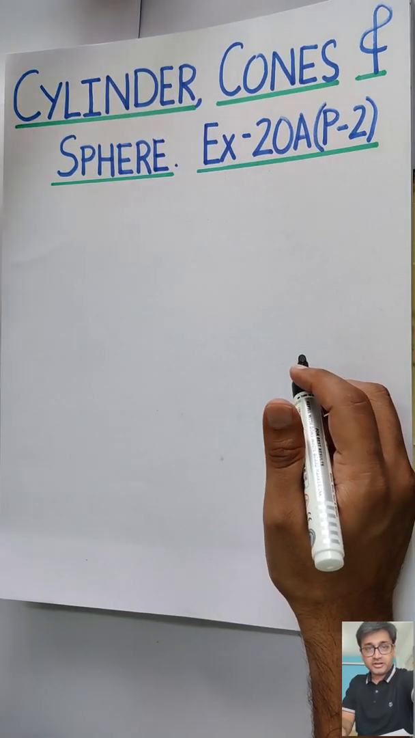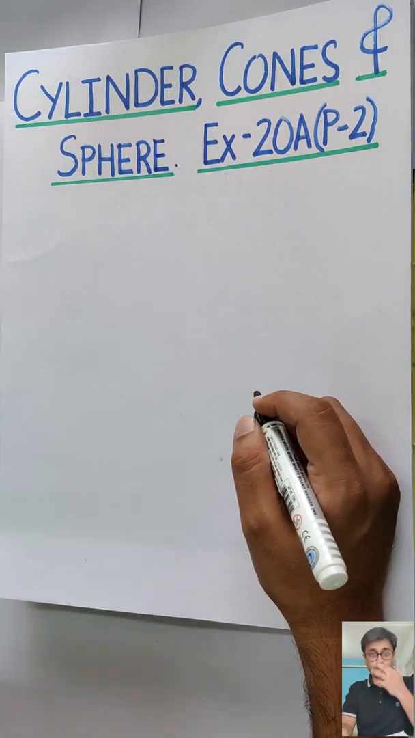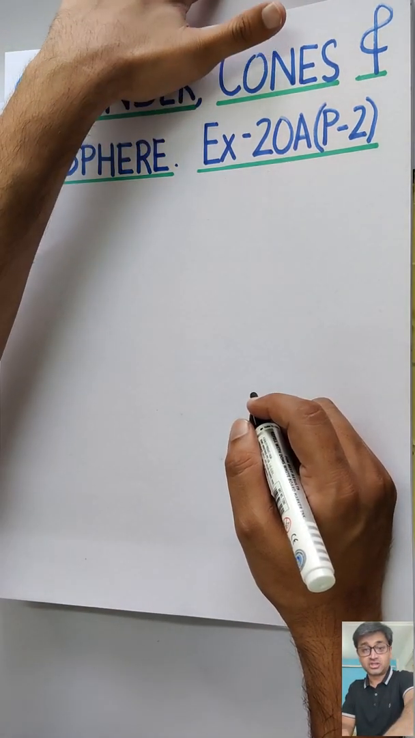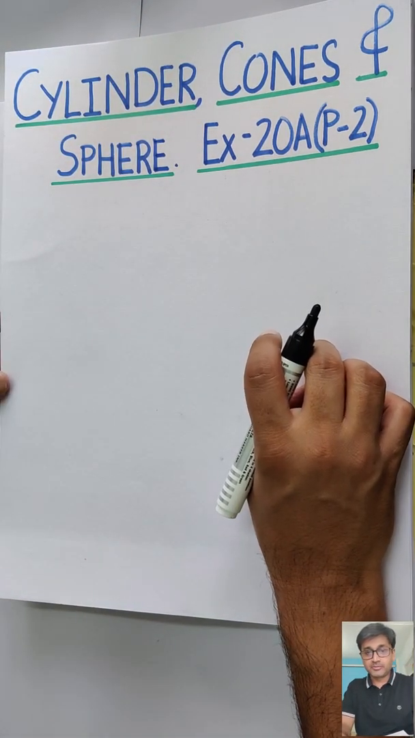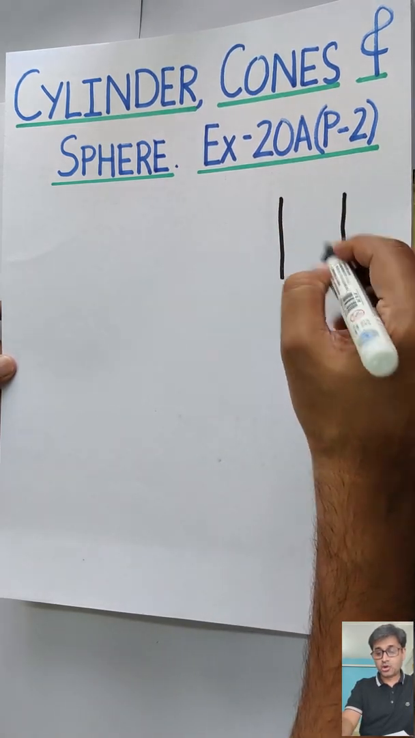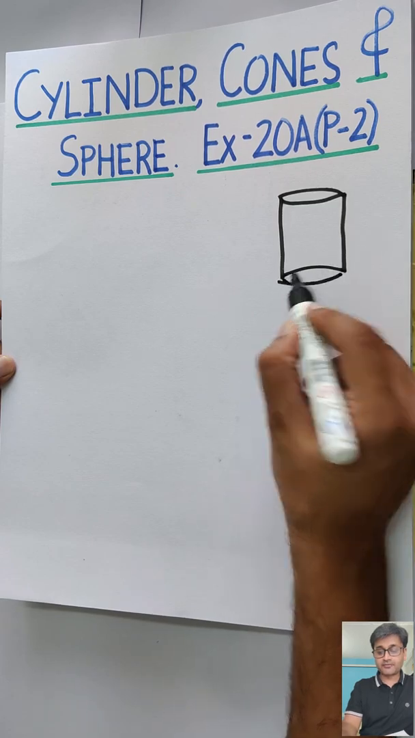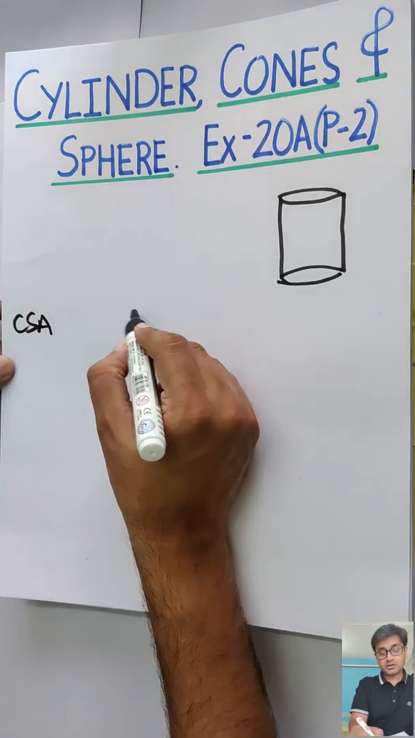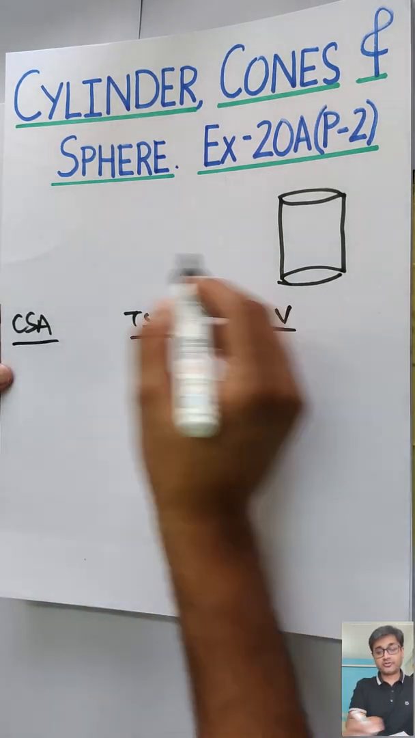Hi, we are getting into cylinder, cone, spheres exercise 20A part 2. So in this video we'll try and finish this exercise, that is 20A, the most important exercise. This exercise is purely based on cylinders. So I hope by now you exactly know how to go about with all the parts of the cylinder. So surface area, you have curved surface area, you have total surface area, and you have the volume. Alright. So for a cylinder,